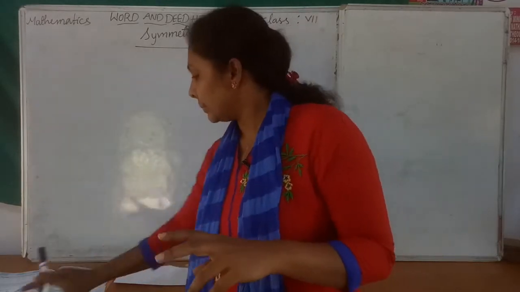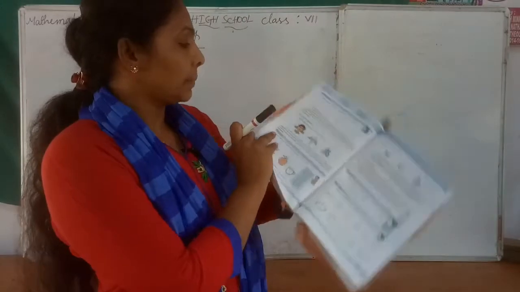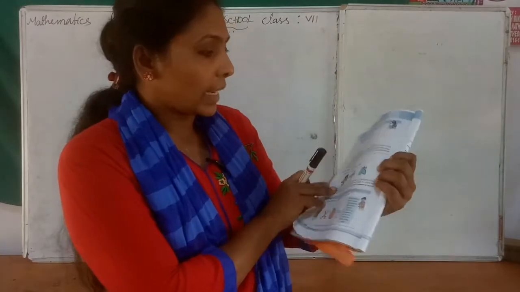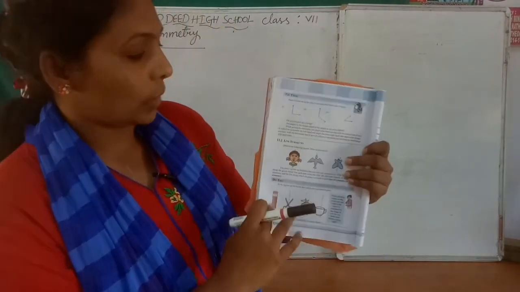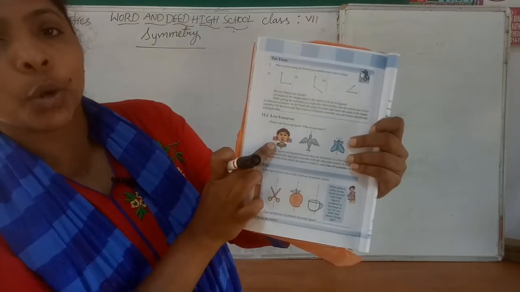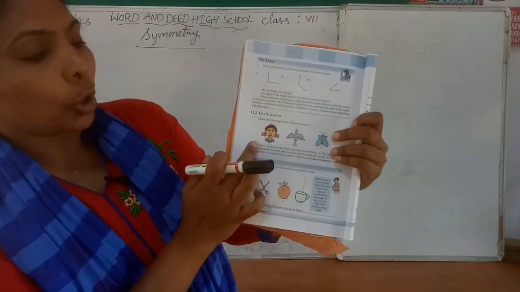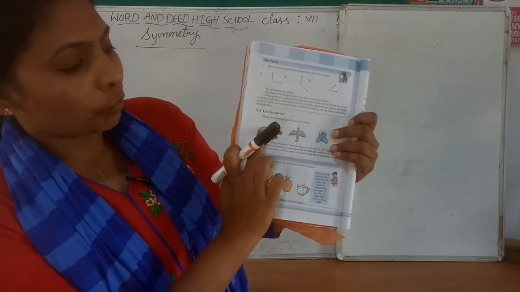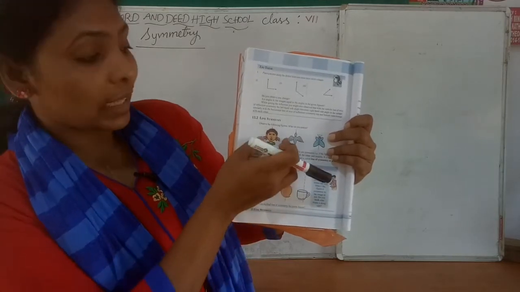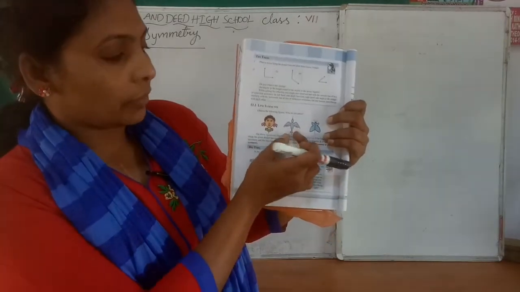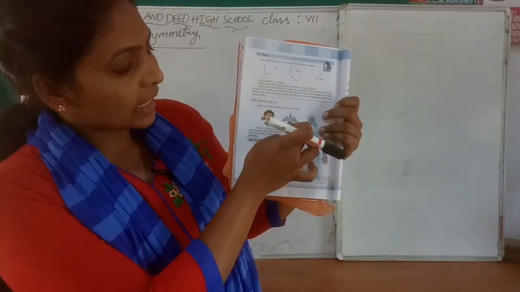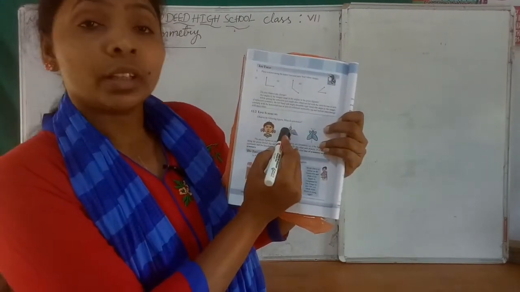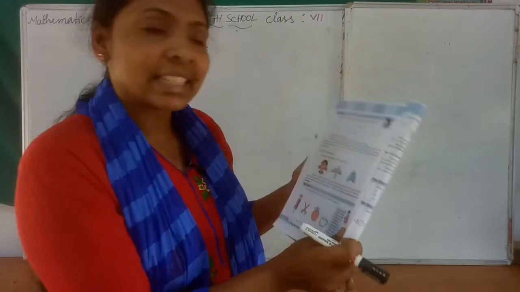Okay, so a few figures I will show you, children. See, suppose here in your textbook, page number 158, you can observe, children. See, this is the human face. Okay, so the human face, suppose vertically we are dividing, then see children, both the parts are the same. So this is a symmetrical figure. Suppose here one bird. See children, vertically this is dividing, which means the 2 parts are the same. That means they coincide with each other exactly.